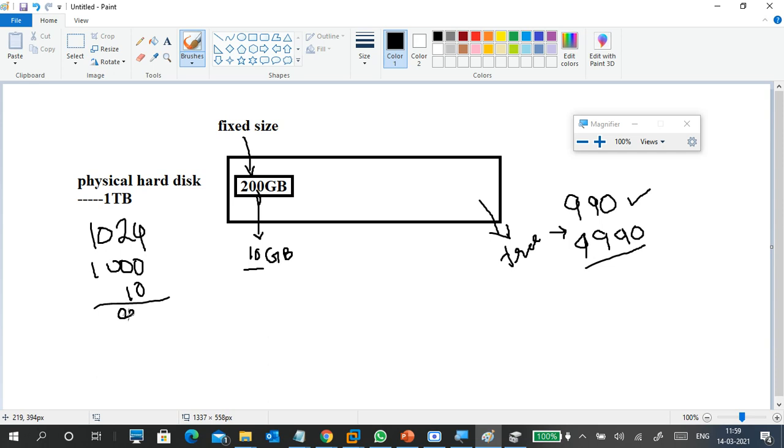How much will you get? 990 only, right? Okay, no problem. Just tell me any answer. No other possible answers. You can see two numbers: one is 10 GB, another one is 200 GB also there. Okay. No problem. Very good.